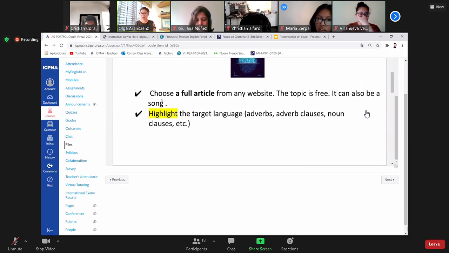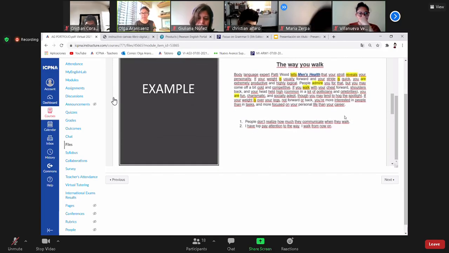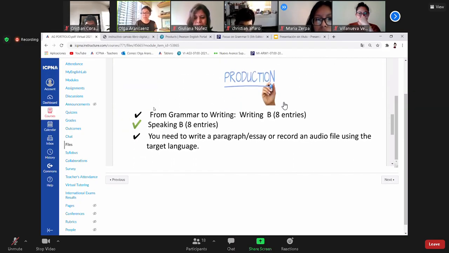Yes, for the identification, choose a full article from any website, on any topic, or a song, and highlight the target language. For example, in this case, adverbs, adverb clauses, noun clauses, etc., depending on the grammar that we learned this month, right? For example, here you just highlight the information. Yes, the production exercises, as we said yesterday,